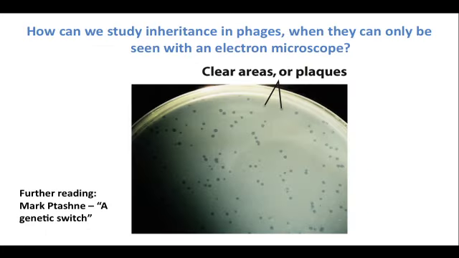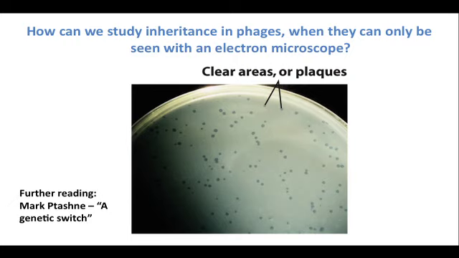So given that phages are super tiny, an order of magnitude smaller than bacterial cells, and we can't even see bacterial cells, how can we possibly study them? The way that we usually study them is actually by studying how they kill bacterial cells. So you take one of those media plates like we used in lab yesterday, you grow bacteria all over it till the entire surface is cloudy with bacteria,